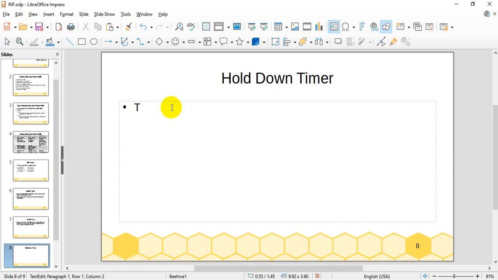That means we have to hold for a particular time, which is 180 seconds. It will wait 180 seconds to get the response from the neighbor router. If the router is not able to respond within the given time, then it will declare